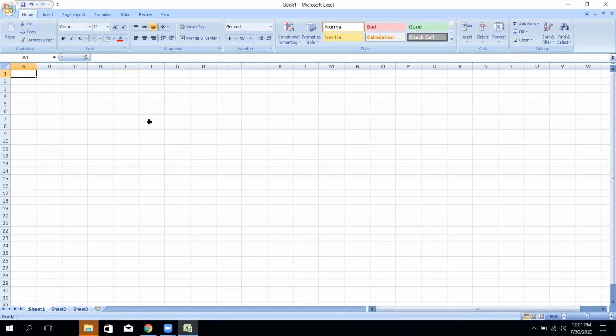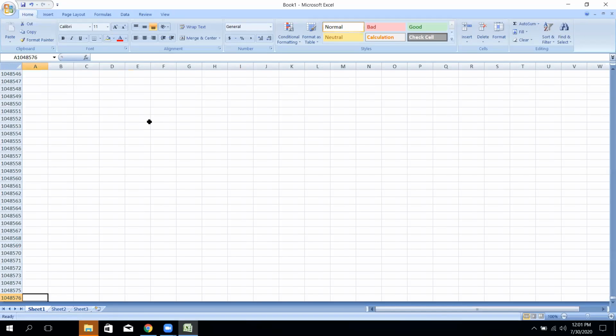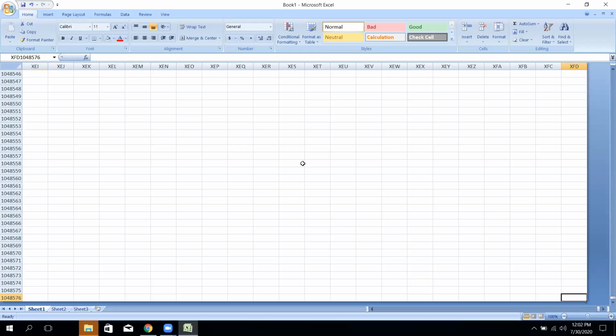If you press Control Down Arrow, the computer will show it has 10,48,576 rows. And if you press Control Right key, it will show that XFD is the last column.